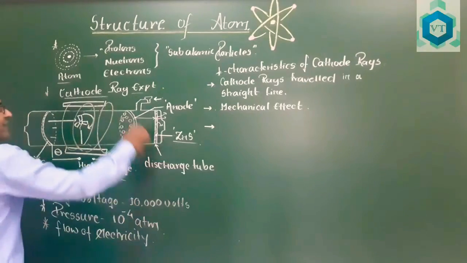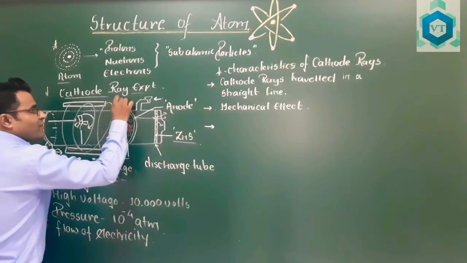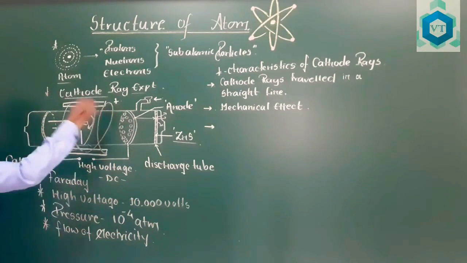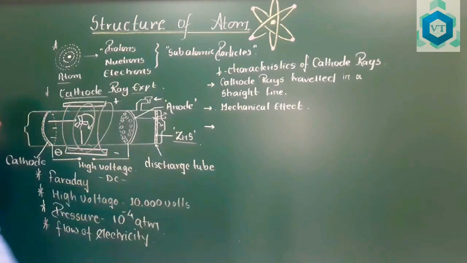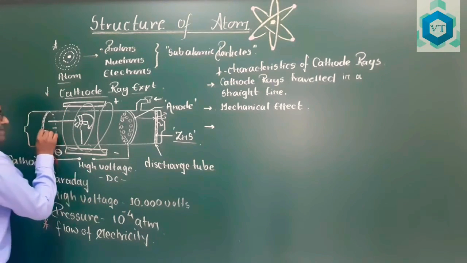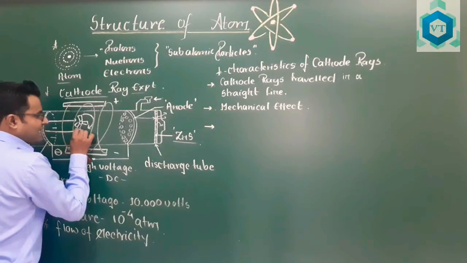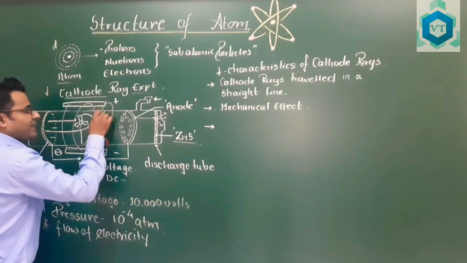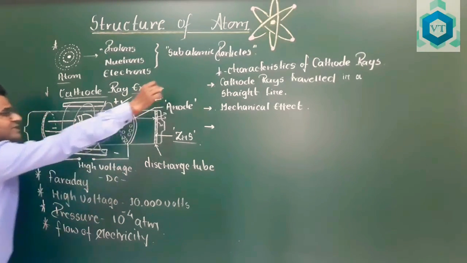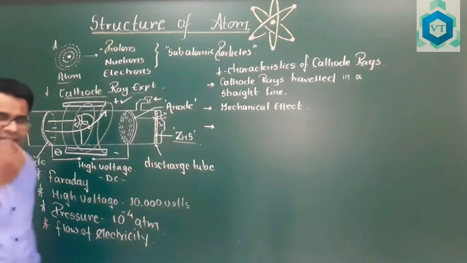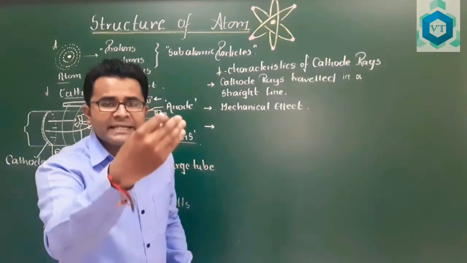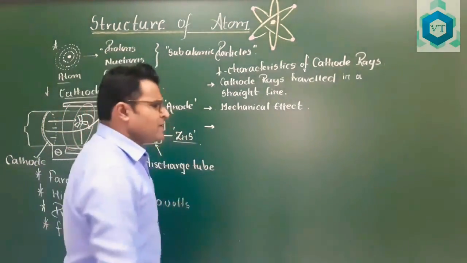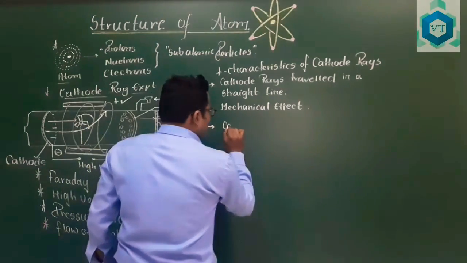So if this is the positive side of the electric field and this is the negative side, these rays were slightly getting attracted or deviated towards the positive terminal of the electric or magnetic fields. Therefore, it was showing that these cathode rays